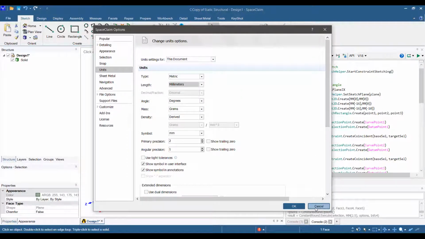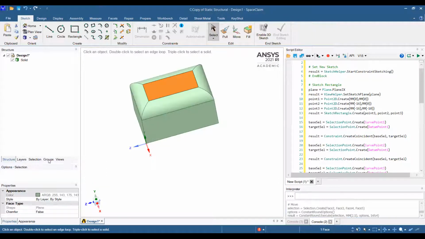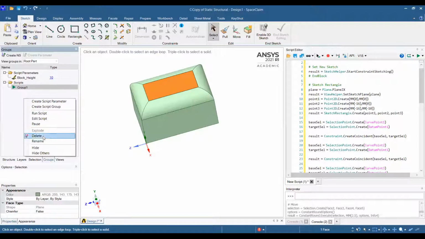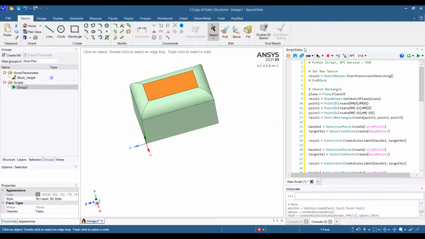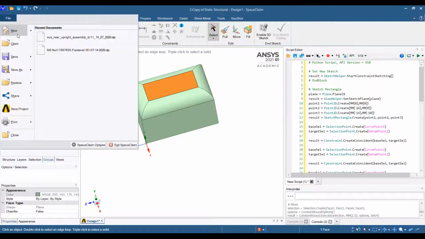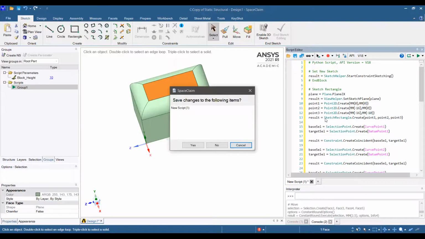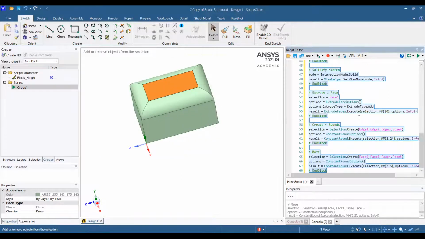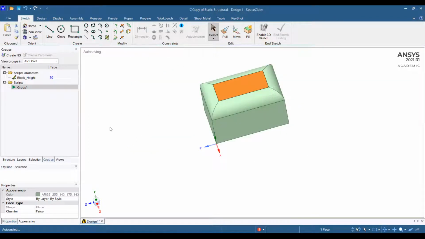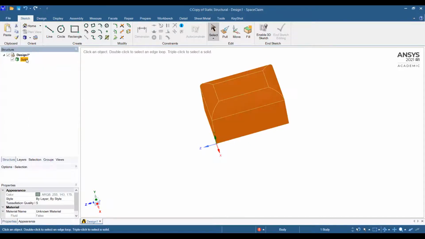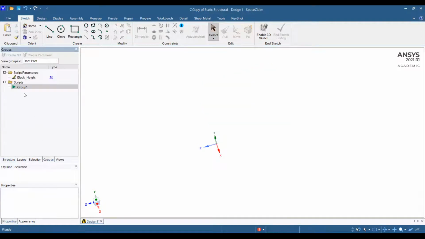To start scripting, you go to Group and create a new script group, and that is generated here. Then let's understand the options we have here. This comes up when we go to File and add a new script. If I close this script, let me cancel. I don't want to save it. The script has been closed and my structure has also been deleted. Let's see what we have. We do not have anything.